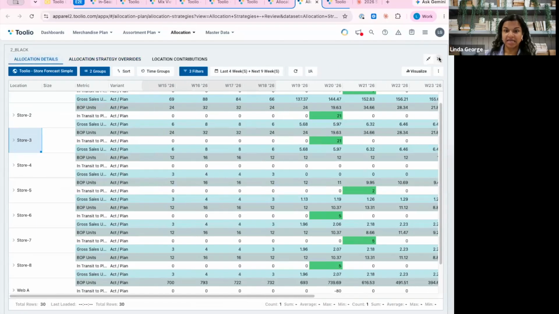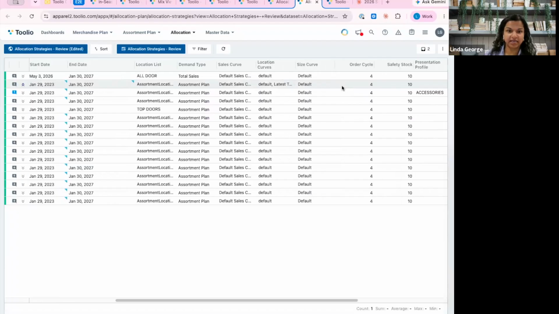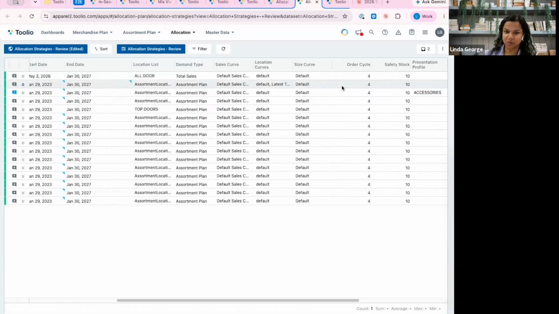Okay. And then how is that strategy created? What we do is, once the strategy has fed in from assortment planning, all we're inputting is the order cycle, which is how frequently we want to allocate, and the safety stock. So what is that minimum threshold we want to have across all of our doors for it to trigger an additional need for